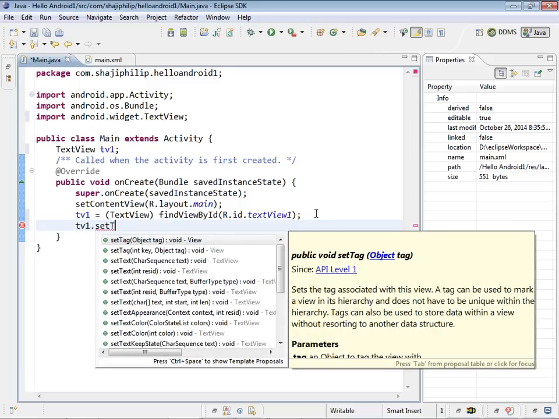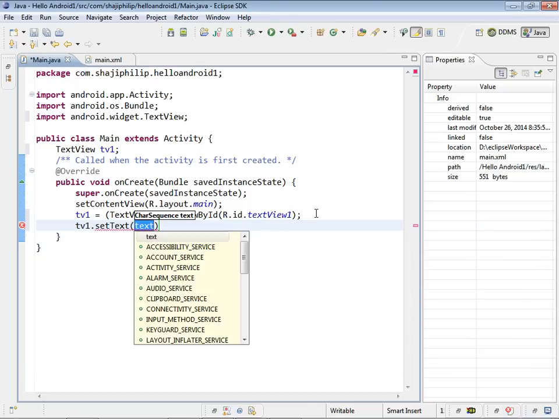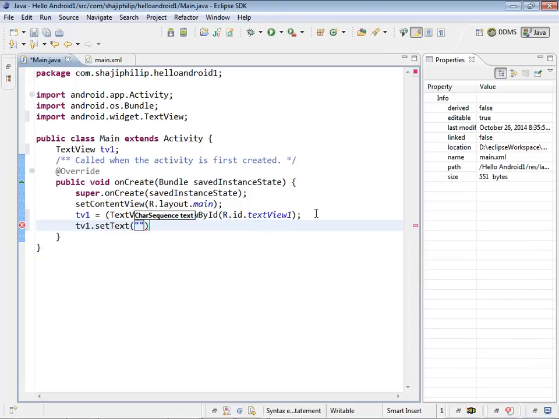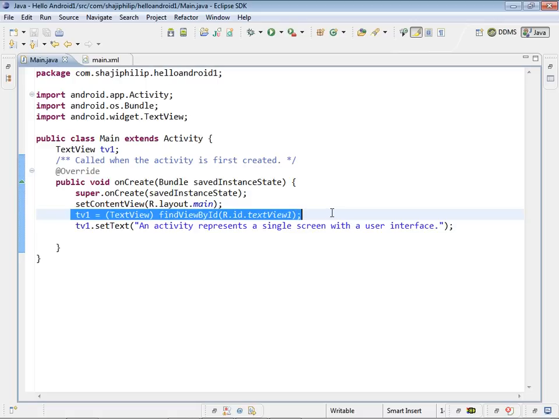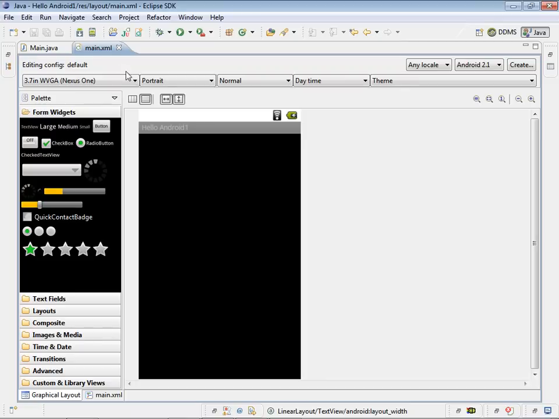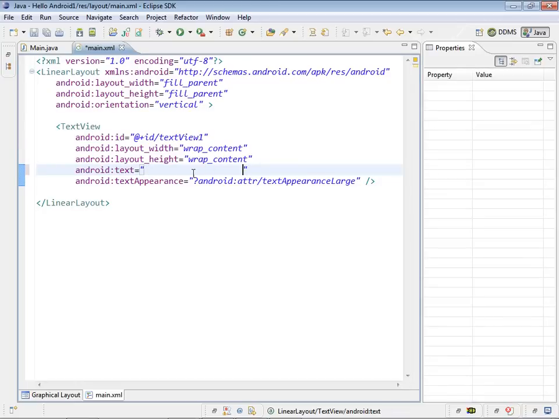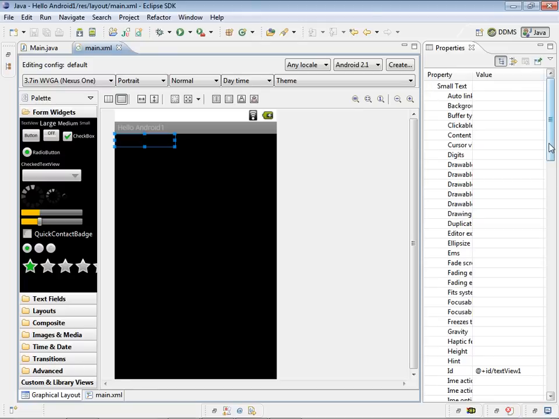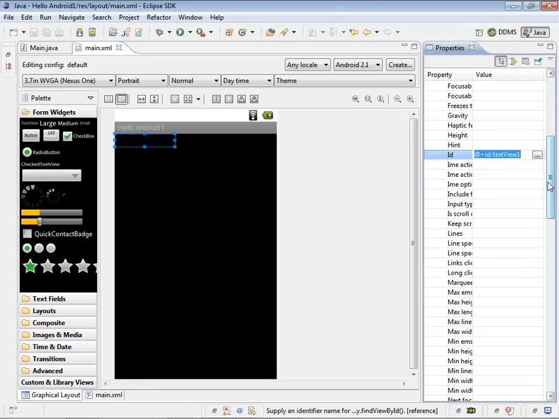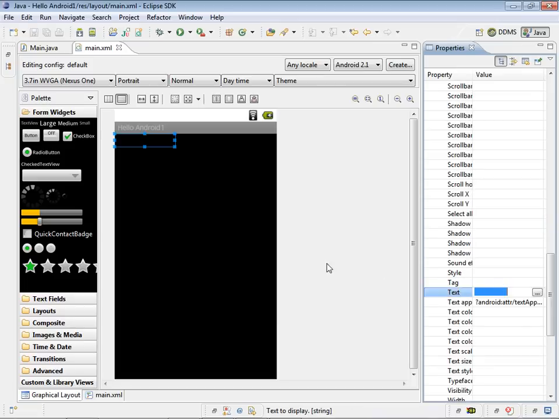There are methods. Setting text, we have a method here. I'm going to set the text. The text is set here programmatically. So we have just created an object and initialized it with the component which is there in the XML design, and we set the text. The result of the program would otherwise be the same, as there is nothing given. The component is totally invisible. This is the TextView component. There is nothing, only a little space is given, and its ID is textView1.